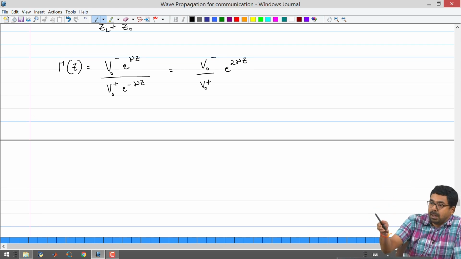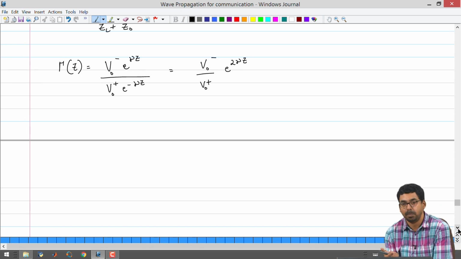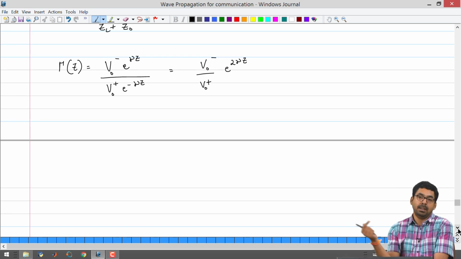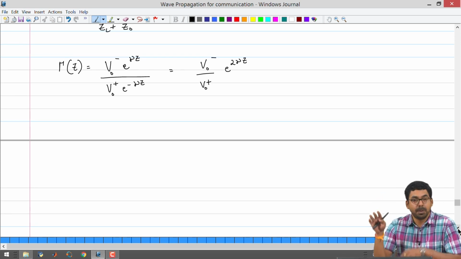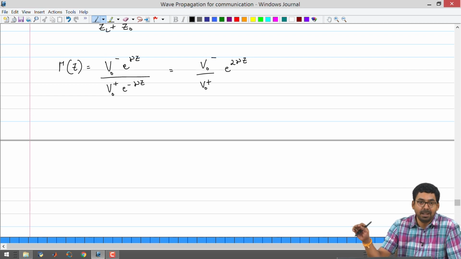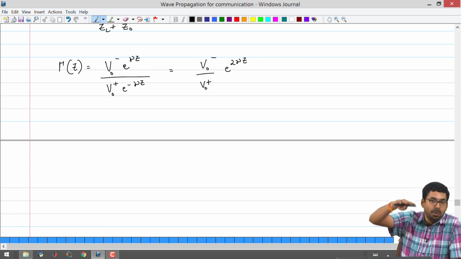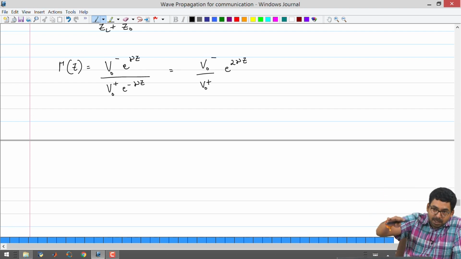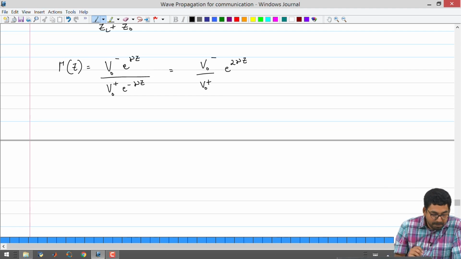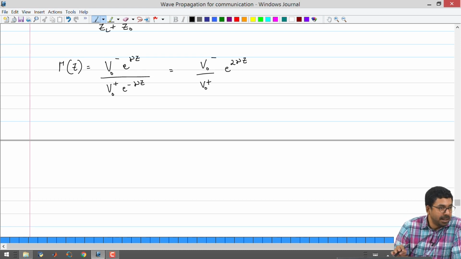So, in the case of our simulations, we used only two types of boundary conditions, short circuit or open circuit. In both these cases, the superposition of the forward and the backward voltage went to 0 at some instants of time, not at the places where there are nodes, but in the anti-nodes with respect to time. The voltage was increasing and then going to 0 and then increasing again. So, that means that there was a maximum voltage in the transmission line and also a minimum voltage in the transmission line, barring your anti-node places.